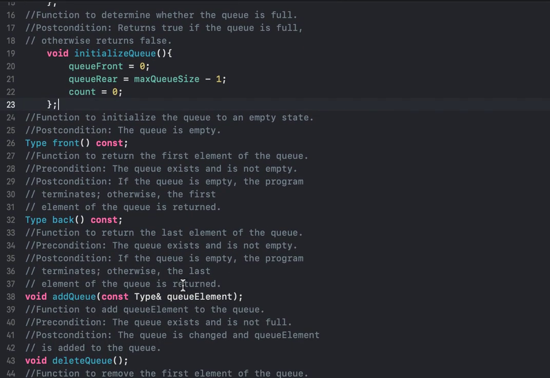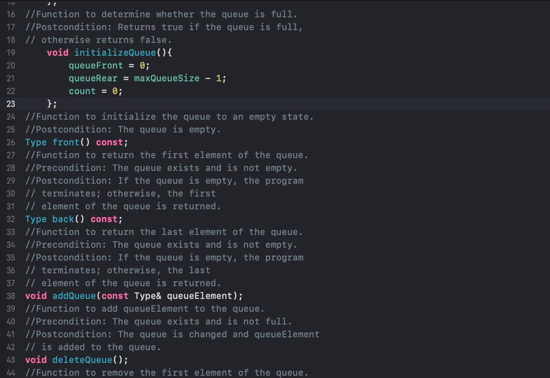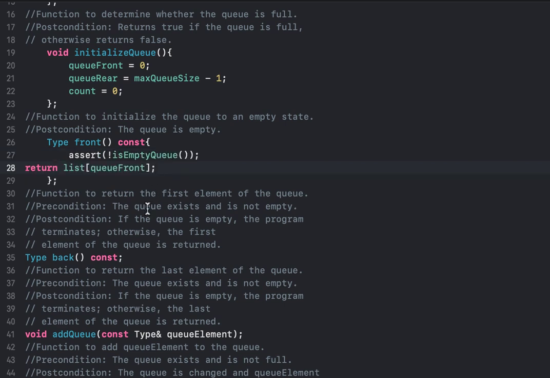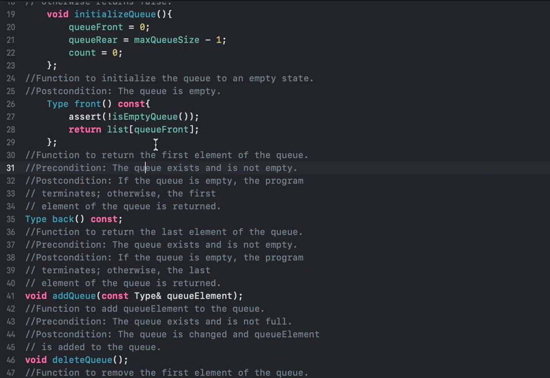Next in the row is the operation front. This operation returns the first element of the queue. So if the queue is non-empty, the element of the queue indicated by the index queue front is returned. Otherwise, the program should terminate. Because we want to make sure no error happens over here, I'm going to first assert and make sure whether the queue is empty or not. And then I'll use the queue front as the index for the array